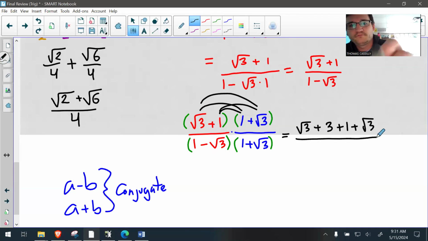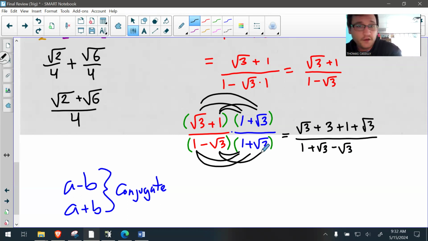Now on the bottom, 1 times 1 is 1. Right? 1 times square root of 3, so that's plus the square root of 3. And now the next one, negative square root of 3 times 1 minus square root of 3. Right? And then negative square root of 3 times positive square root of 3. It's minus a normal 3. Right? So if you're looking at it and you're thinking that looks so much worse, kind of, but not really,